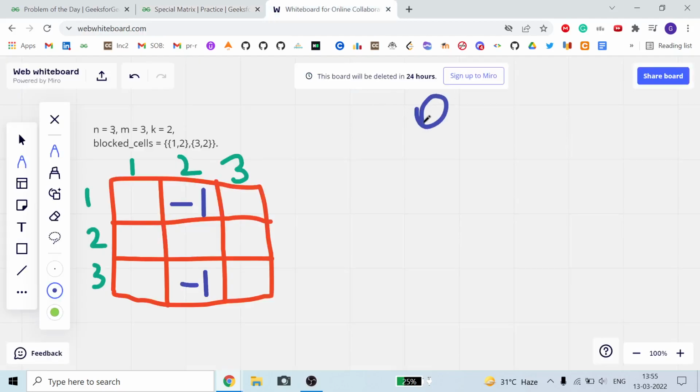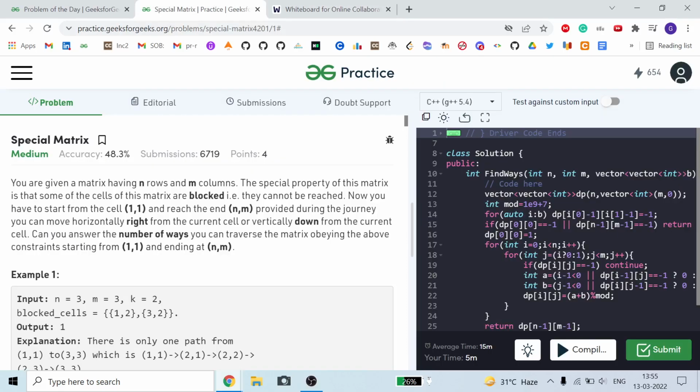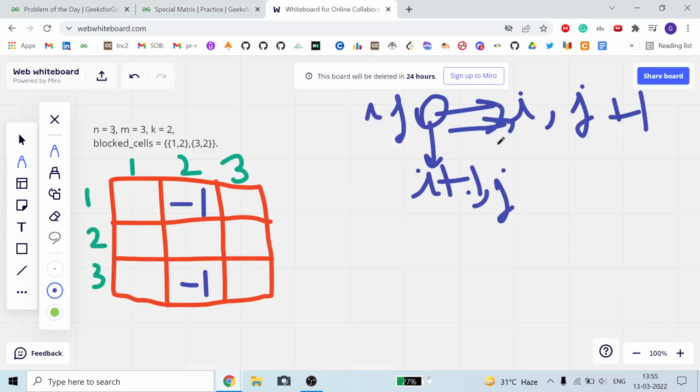Okay, so here I think I told you wrong. Horizontally right means i comma j plus 1, and vertically down means i plus 1 comma j.